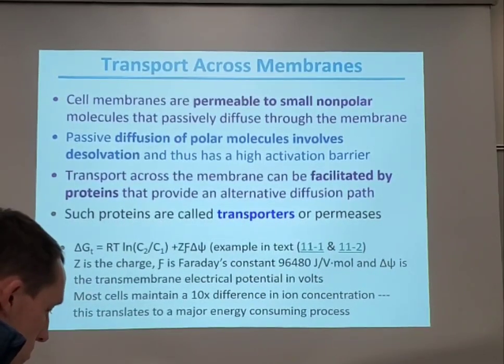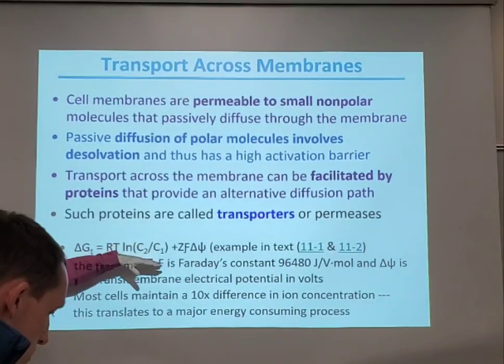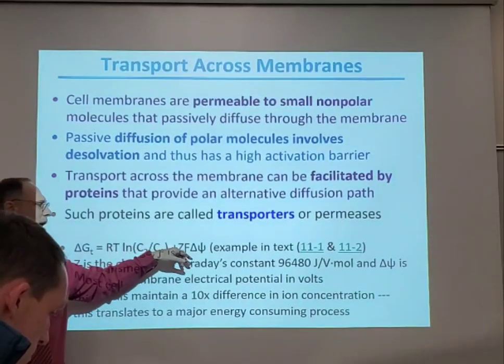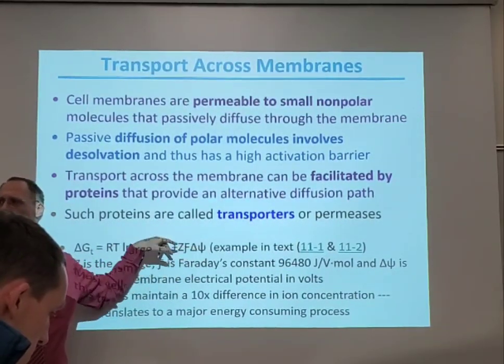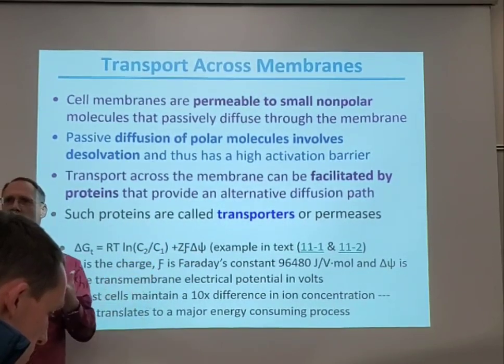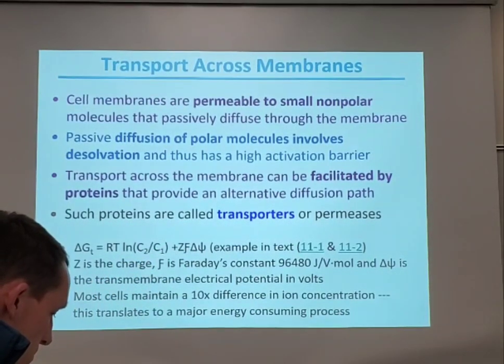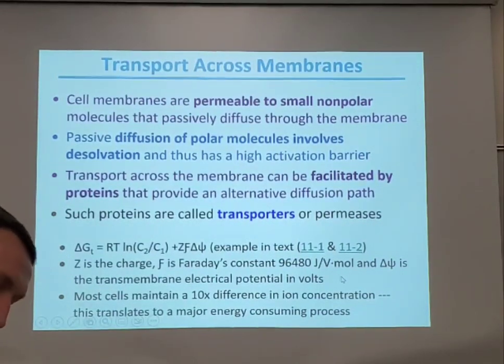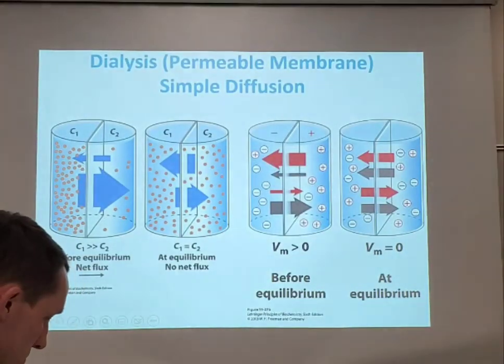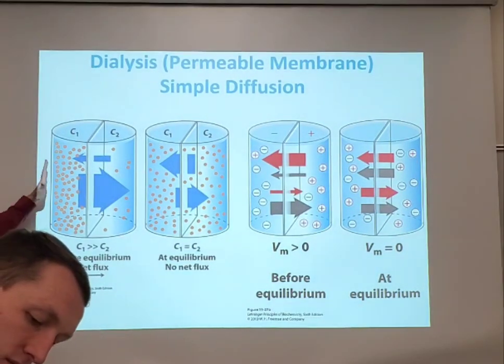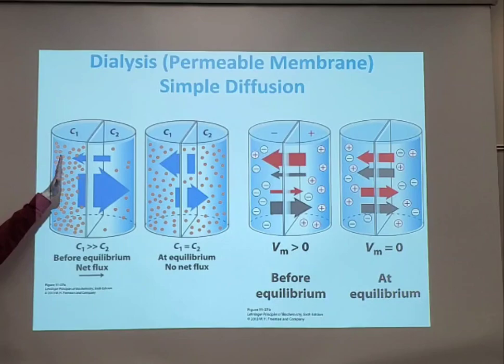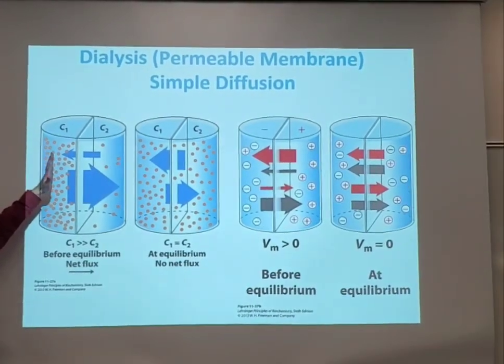Delta G. When we talked about delta G before, some of you would have thought about the concentration of one versus another, your negative RT ln of that. But you might have forgotten that there's also a charged species over here that I've got to take into account as well. How do I handle these polar molecules? How do I handle the charged species as well? There are specific calculations that talk about this effect. We're going to gloss over this at high speed, and then if you're in second semester, we go through it in gory detail.